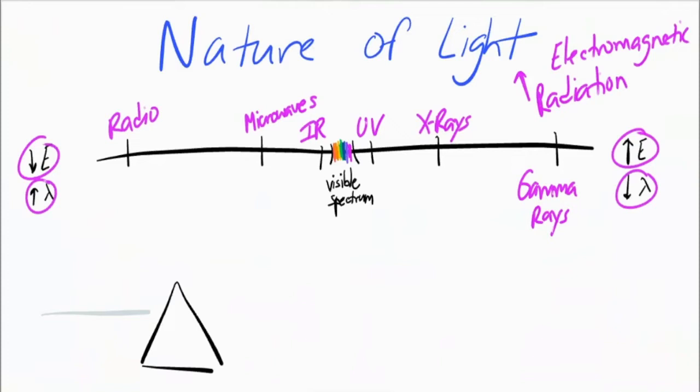How we knew light has different types is because of Sir Isaac Newton taking a glass prism and splitting light into the series of colors we know as the rainbow, where violet is the shortest wavelength, highest energy, and red is the longest wavelength and the lowest energy.